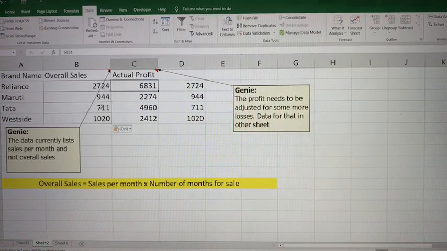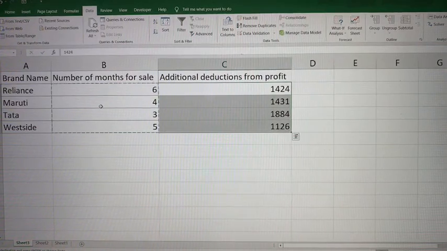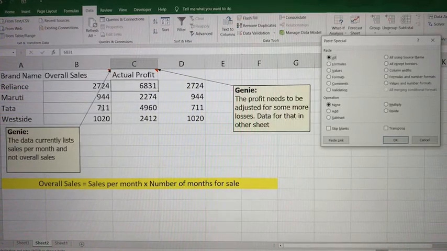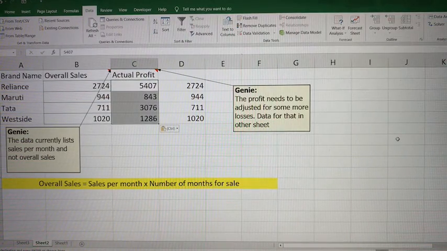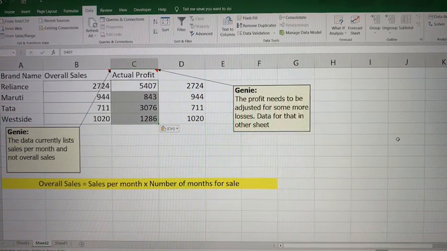So similarly, let's now adjust the actual profit. What we need to do is from this value, we need to reduce these values. So I'll copy this. I'll go to the next sheet. And this time I'm going to select subtract. So in this section, I'm not changing anything. All I'm doing is selecting subtract here and I'm going to click OK. And my value got reduced by that much amount. So that's another aspect of paste special, wherein you can copy and at the same time do calculations on your sheet.